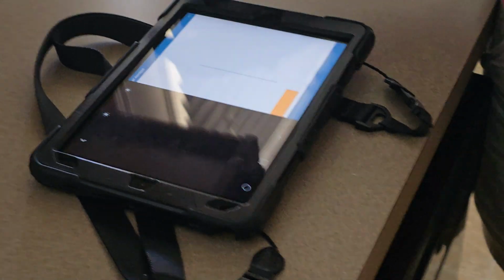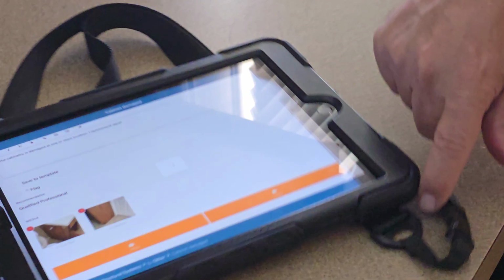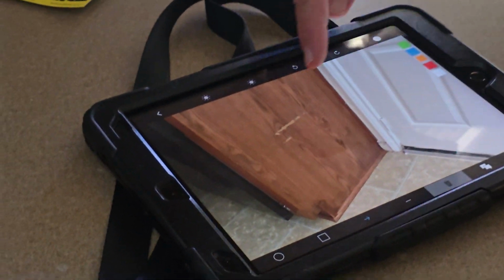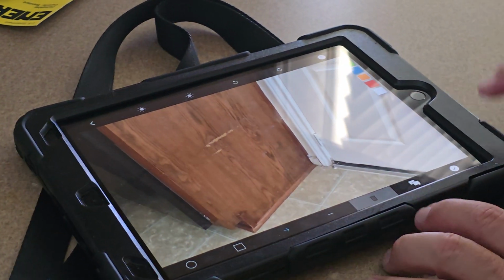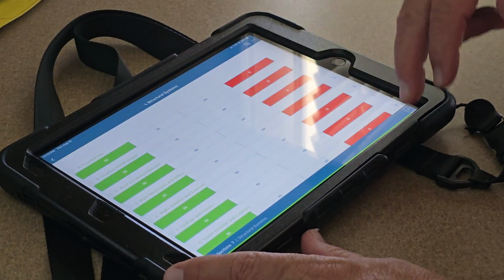The upstairs bathroom, the toilet paper roller has been ripped off of one side. And then here in the kitchen, there's just some surface damage to the cabinetry right next to the back door. Okay. All right, on electrical,